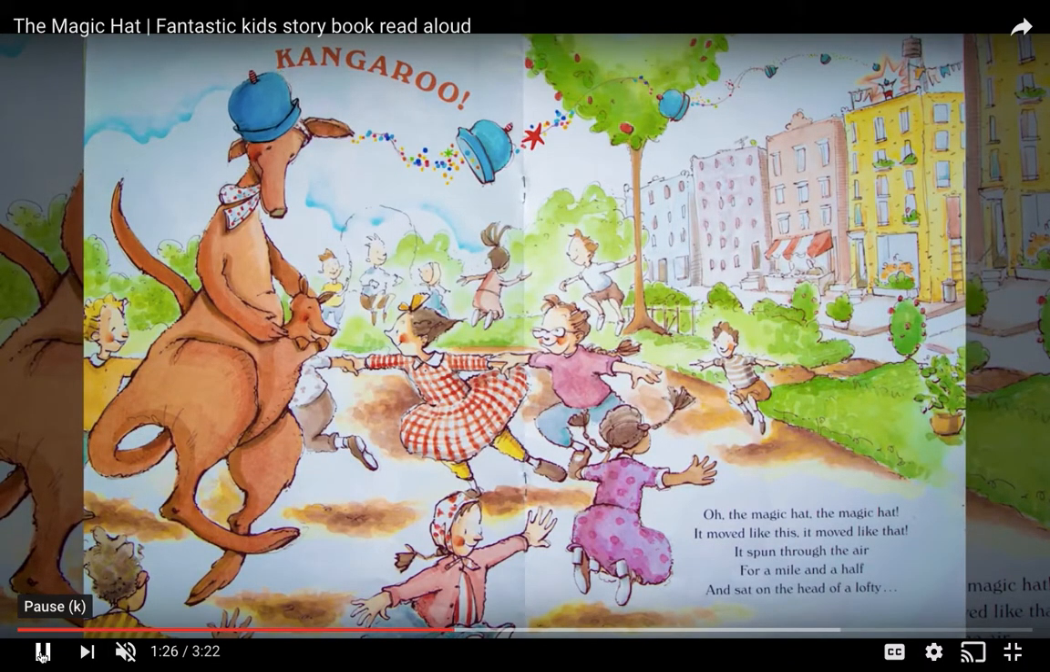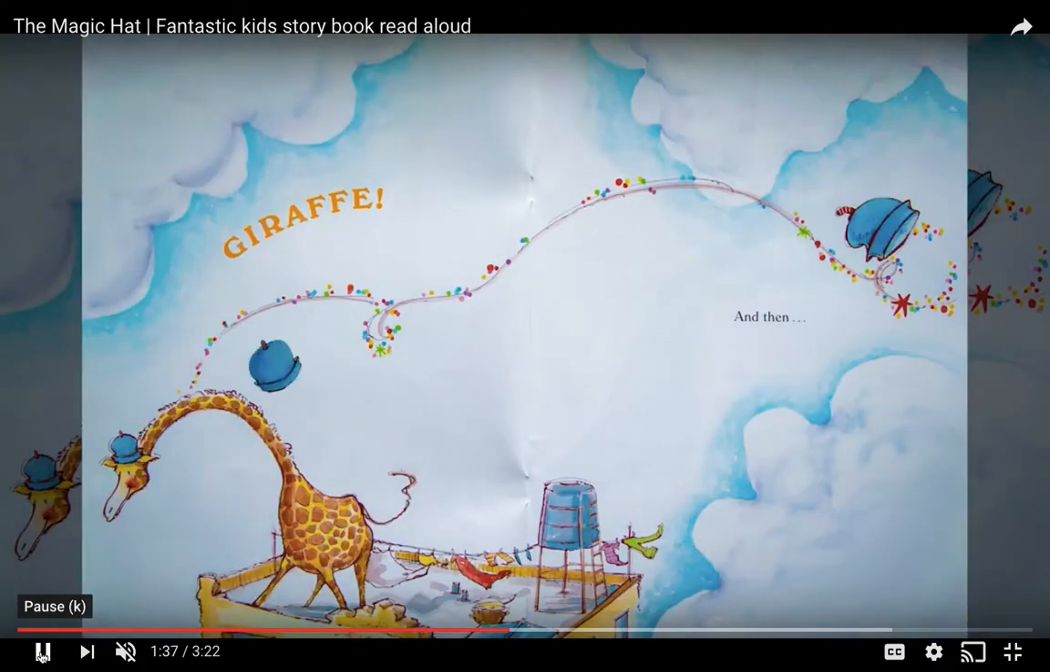Oh, the magic hat, the magic hat. It moved like this, it moved like that. It spun through the air for 1.5 miles, and sat on the head of a lofty giraffe. Oh, and then,